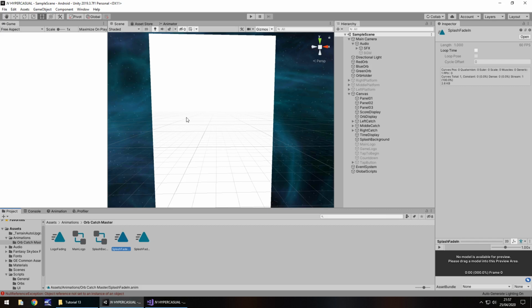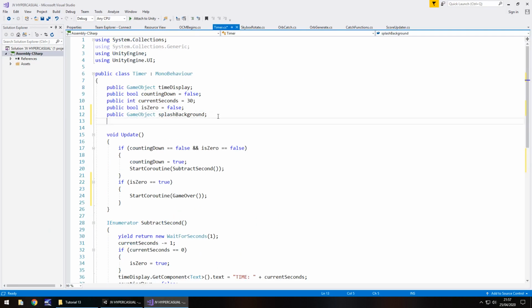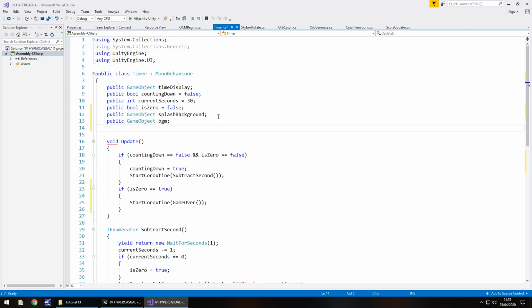Now, when we put this together and test it, there may be a couple of different things which may prove a bit, not difficult, but we may need to work with it to debug any problems that we get. So what I'm also going to do is reset everything that is involved with that tap button to play the game. So things like the background music and the orb generator. So we need to add them in as variables as well. Public GameObject BGM and public GameObject globalScripts;